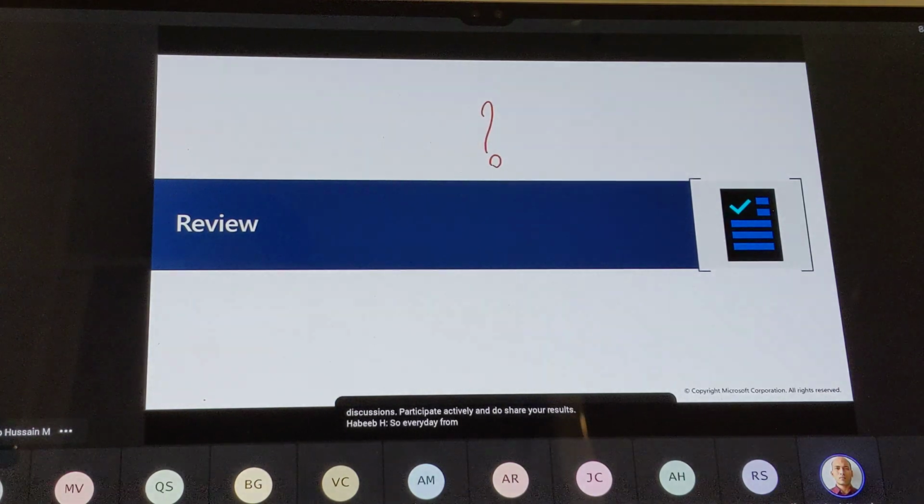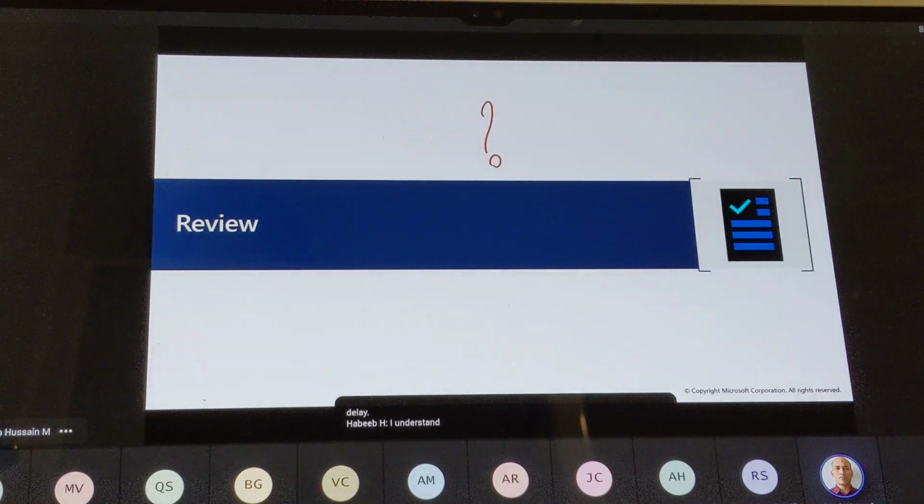So every day from 2:30 to 4:30, we will be doing the group discussions depending upon the case study timing. Being day 1, I'll give you more time, 1 hour approximately for each of the case study. At 4:30, we will do the reviews. We'll bring up the solutions, and then we will see the do's and don'ts, what you did right, and why would it work, why wouldn't it work. So these are the things which we're going to discuss. So without any further delay,